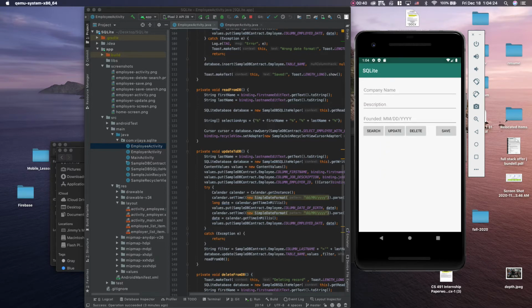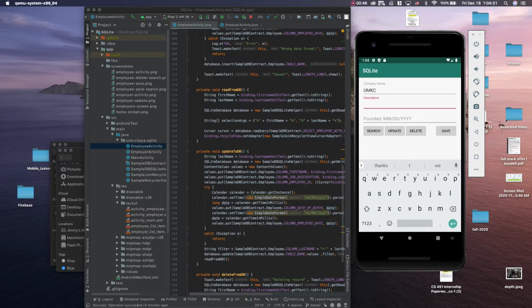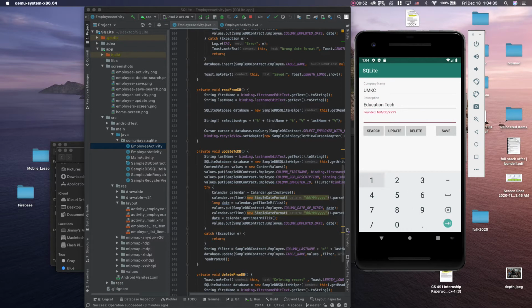We'll start with the employers. We've got a company name. We'll call it UMKC. Description, Education, Tech. And we'll say they're founded 01/01/1990. So we can save that,